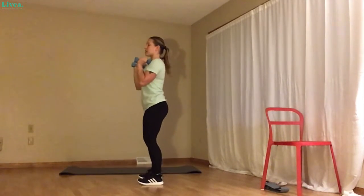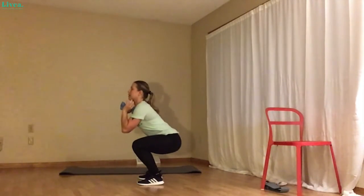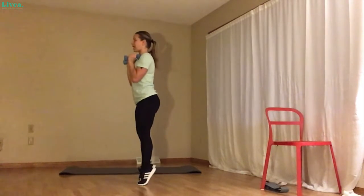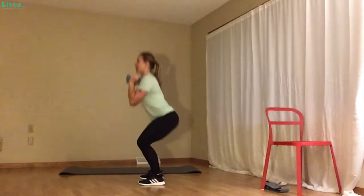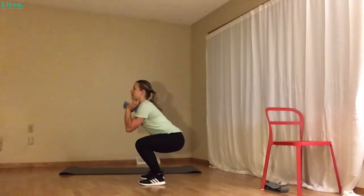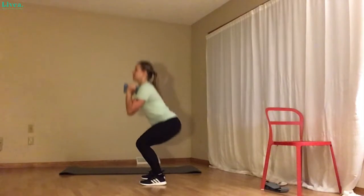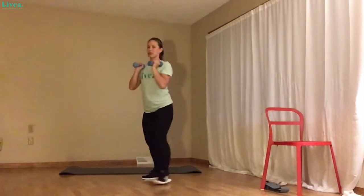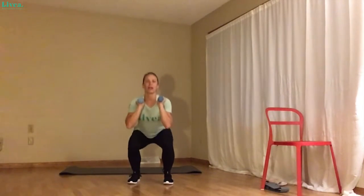1, back, and all the way up onto the toes. 2, 3, 4, 5, 6, 7, 8, 9, 10, 11, 12, 13, 14, 15, turn to the front here, 16, 17, 18, really want to power through, 19 on that raise, 20, we got 10 more, 21, 22,